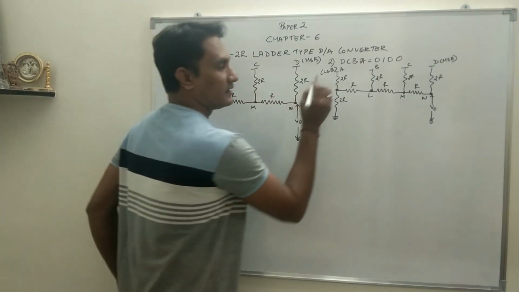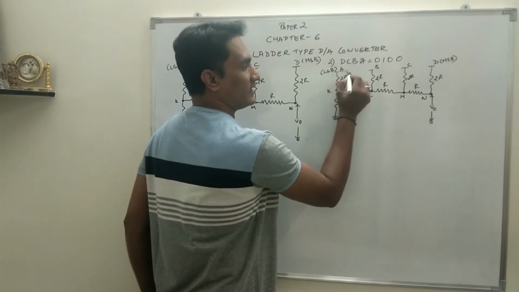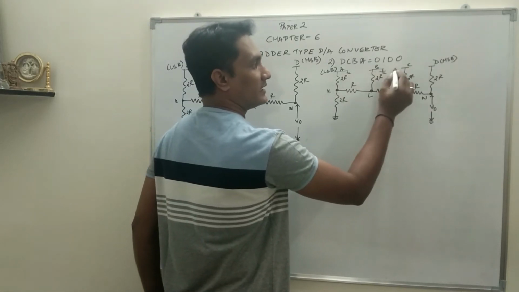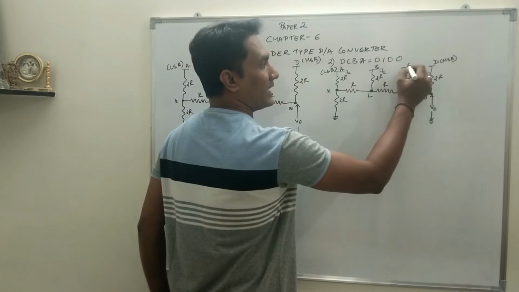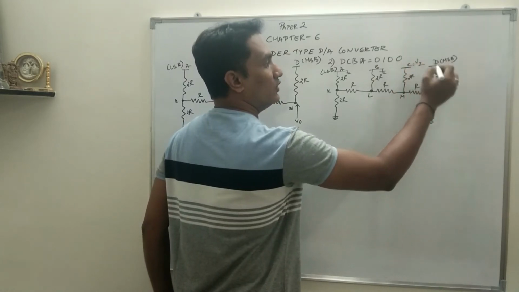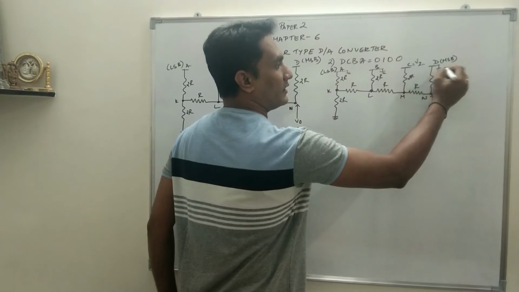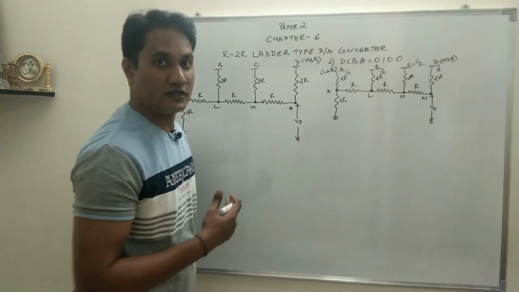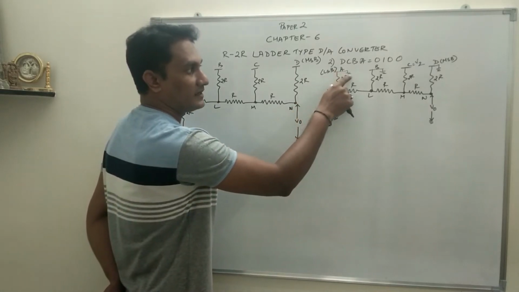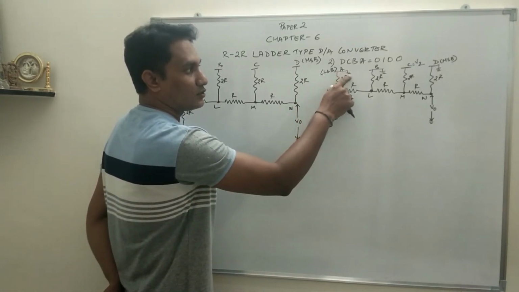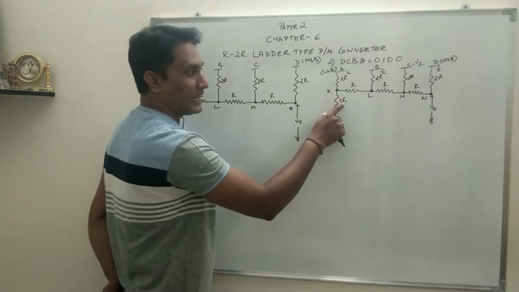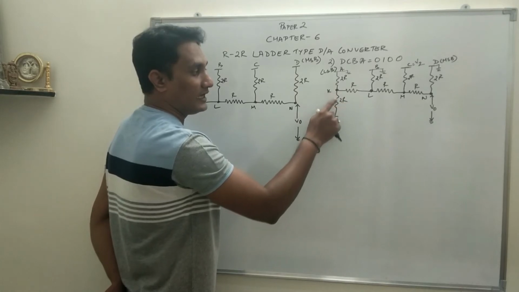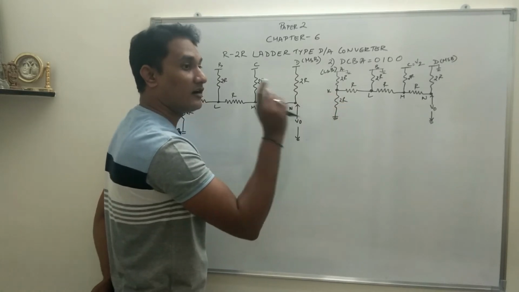So now see the circuit diagram. A is connected to ground because it is 0. B is connected to ground as it is connected to 0. C, we have applied a potential, let that potential be V2, and D is also connected to ground. Now again, as we have understood in the previous video, as soon as A connects to ground, this 2R comes in parallel, and the resistance value between K and ground reduces to R.